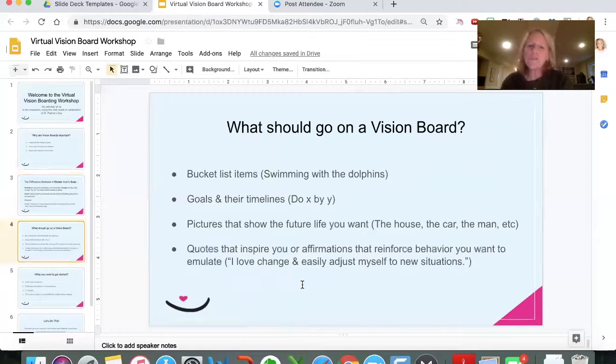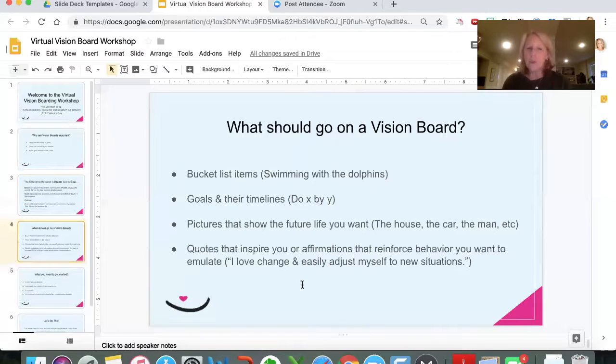So what should go on a vision board? So I think bucket list items, the things that you want to do before you die. So definitely that. I think the very, very important things that to you are the most important. In my Make the Rest Your Best course, I have people make up a list of 50 goals. And if you haven't ever tried to do a list of 50 goals, it's really hard. I think I got to like 35 and I was like, oh my God, what else? Goals. But the top ones are the nearer term ones.